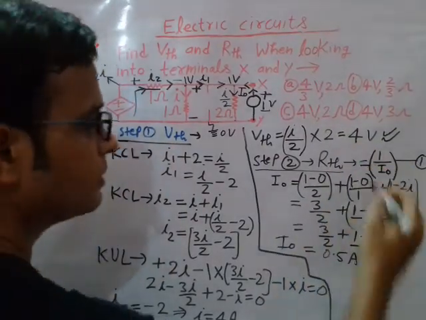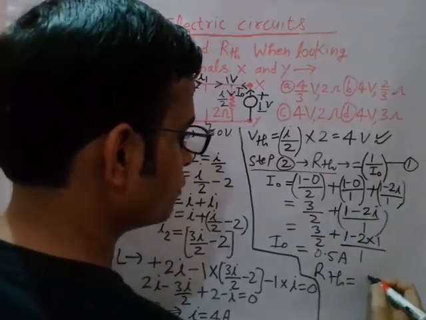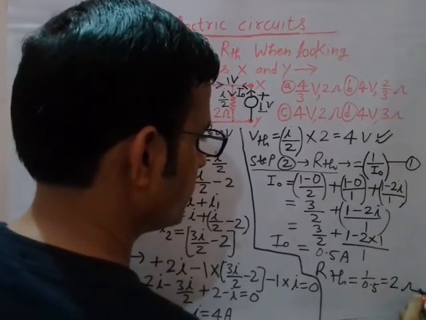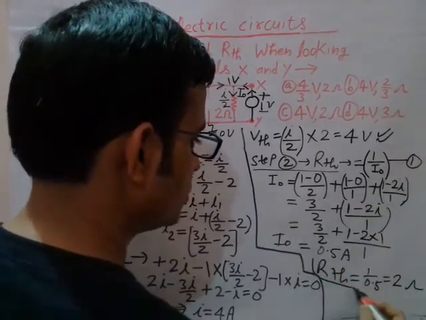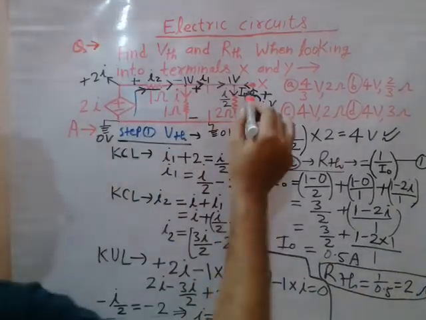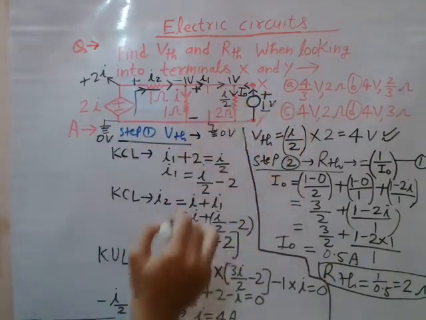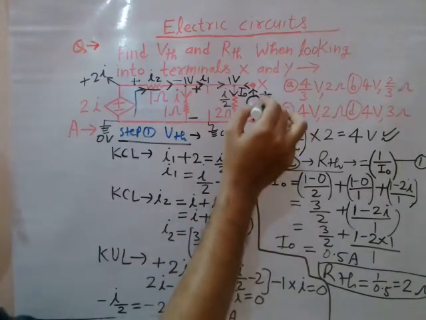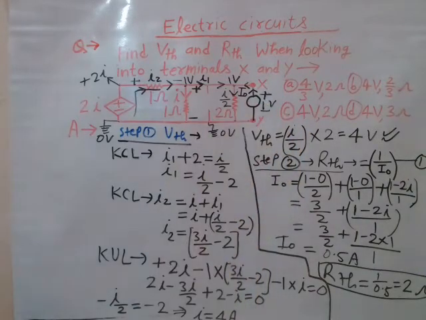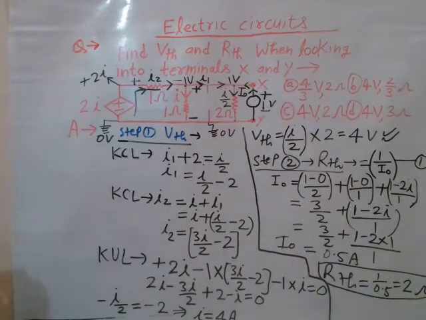So here, what is RTH in this case? Definitely RTH will be equal to 1 by I. So 1 by 0.5, or you can write this is 2 ohm, right? So this is the RTH, Thevenin's resistance. So if the dependent source is present, you should calculate the Thevenin's resistance across the desired terminal like this. That means you should either assume 1 volt test voltage source, or you should assume 1 ampere current source, right? If you choose 1 ampere current source across this terminal, then also you will get the same answer.